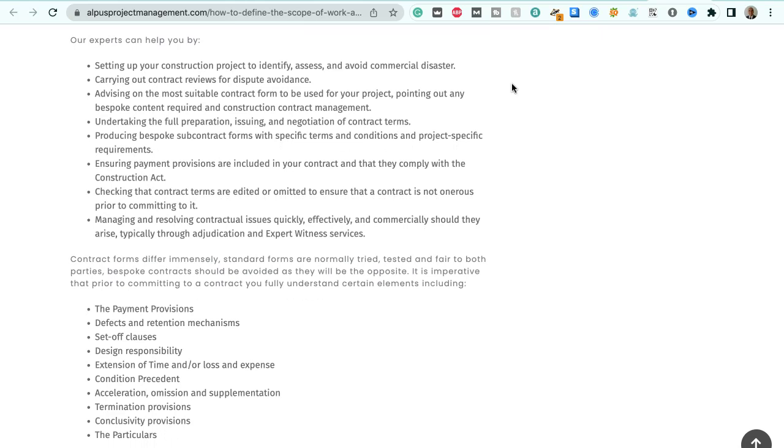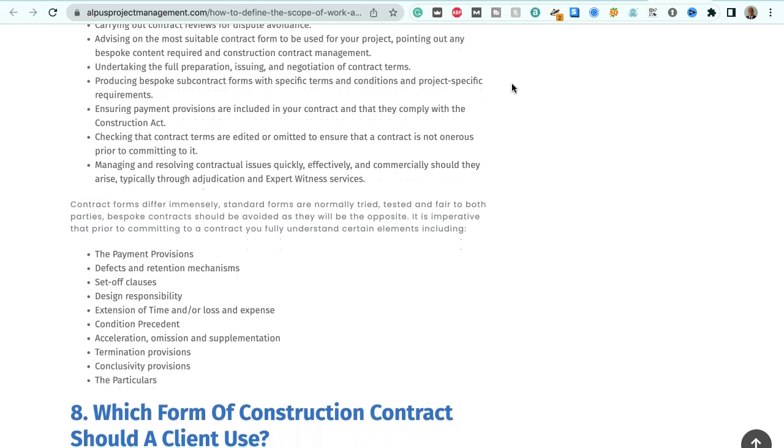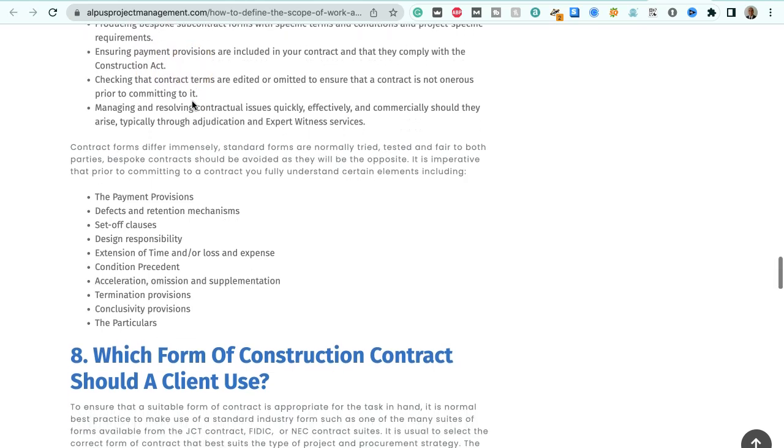Our experts can help you by setting up your construction project to identify, assess and avoid commercial disaster, carrying out contract reviews for dispute avoidance, advising on the most suitable contract form to be used for your project, pointing out any bespoke content required, and the construction contract management, undertaking the full preparation, issuing and negotiation of contract terms, producing bespoke subcontract forms with specific terms and conditions and project-specific requirements,